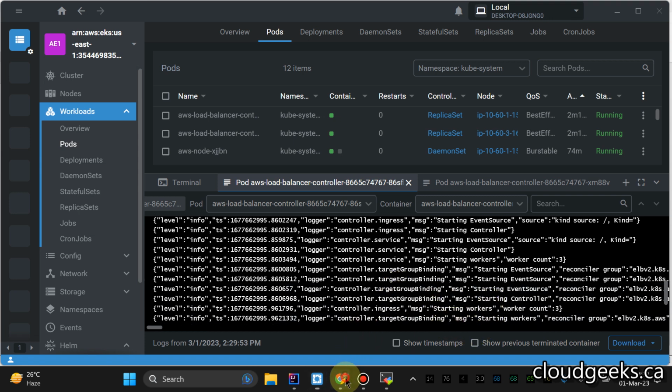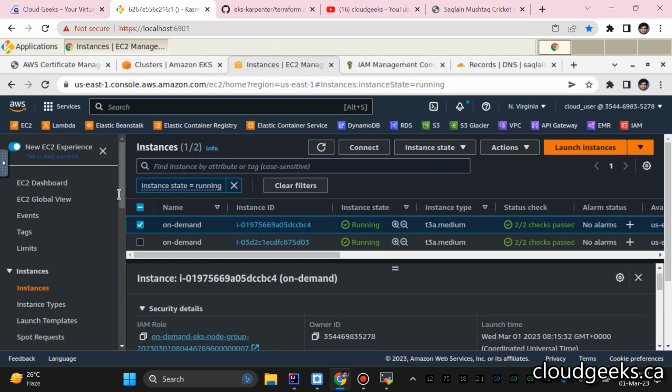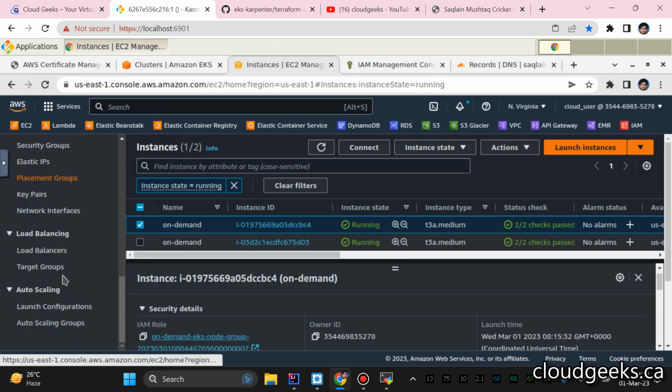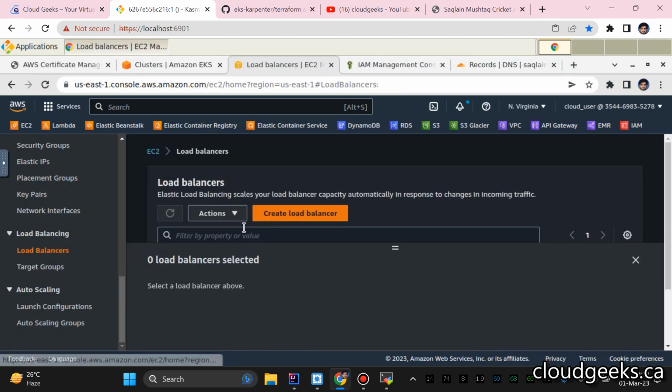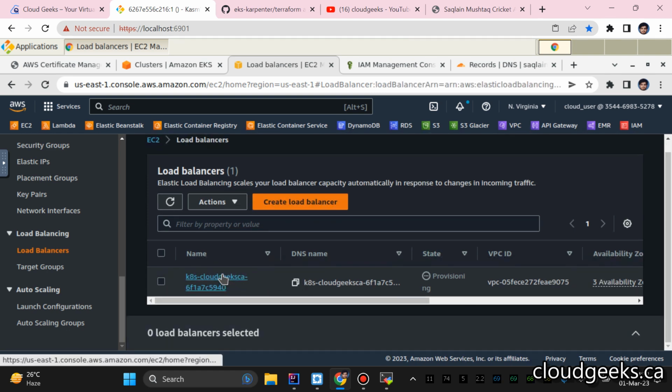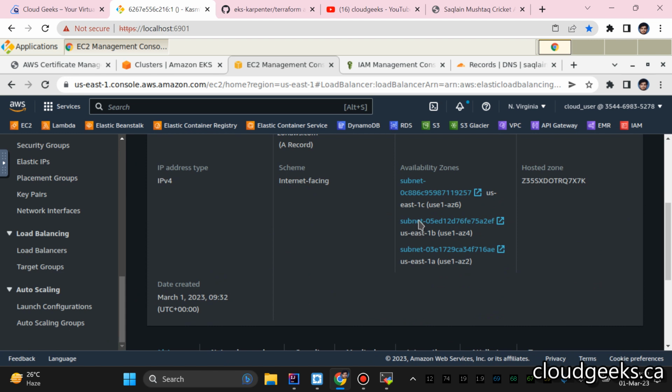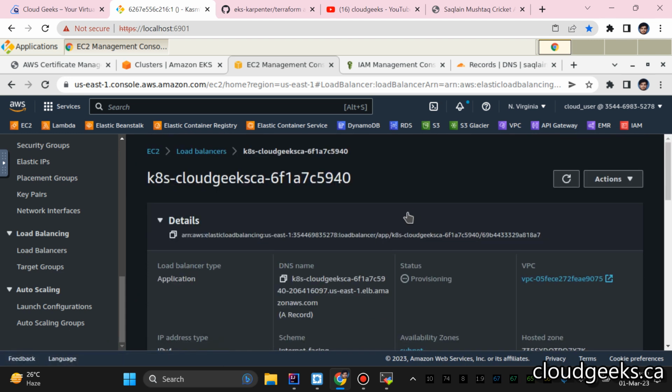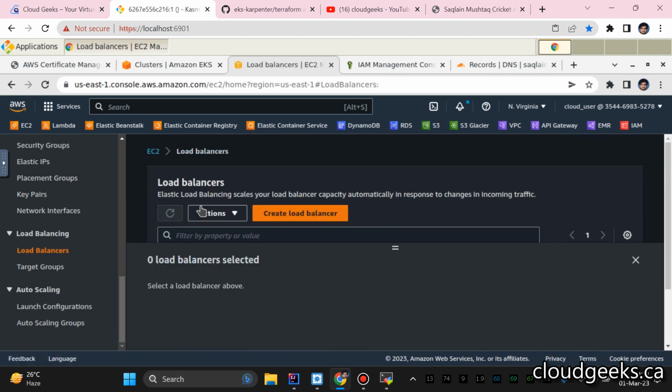And if I navigate to the section in the instances, navigate to the section load balancer, you will see that one load balancer is going to be spun up. So let me remove this section. You see, it is provisioning. So simply we need to wait for a while. It is in the provisioning state. And till then, what we are going to do,